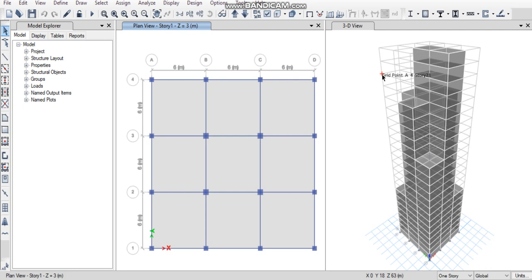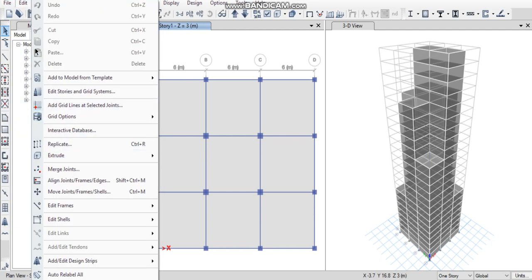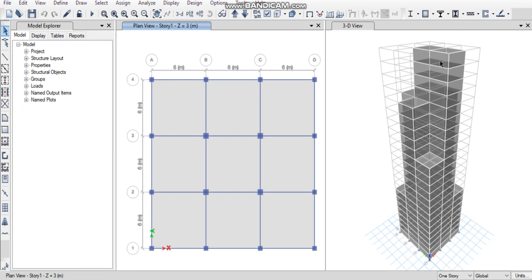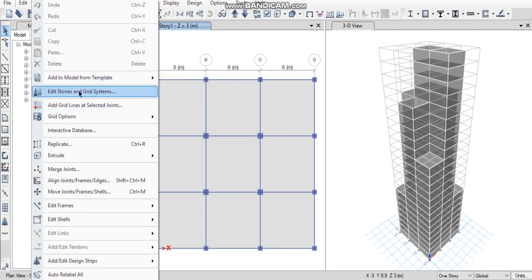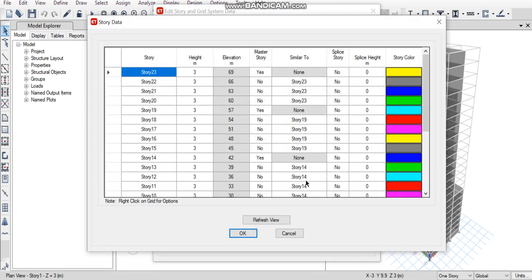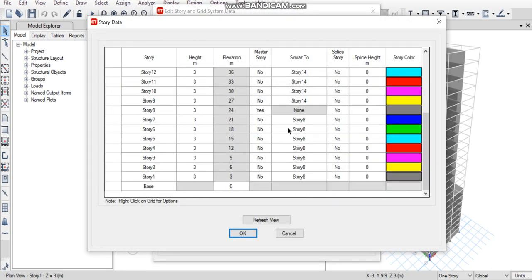In this way we are going to design the tall building. Initially we go to file and create a new model, and then we give the number of stories as 23, in which 1 to 8 and 9 to 14 are similar types. We give it from the option in which we have the different stories which are similar. We are giving the story 8 as